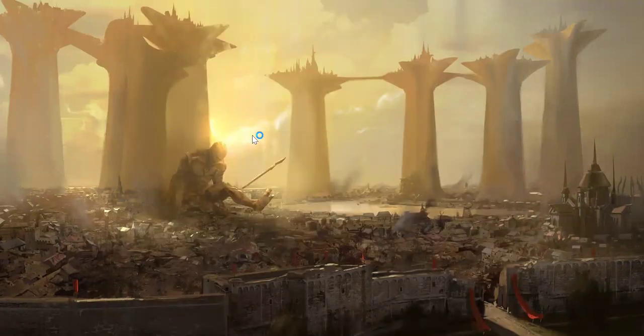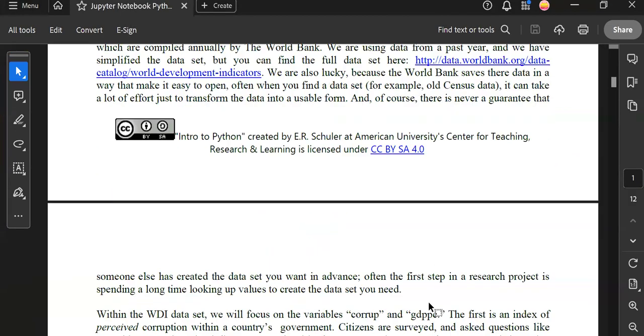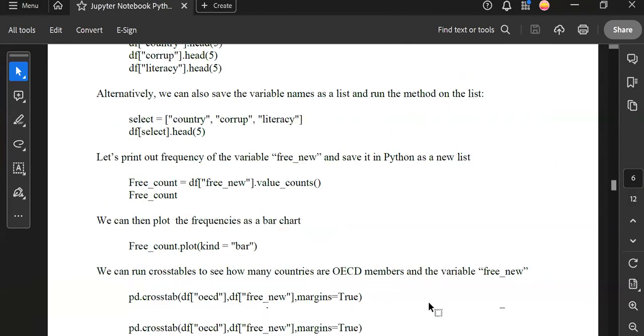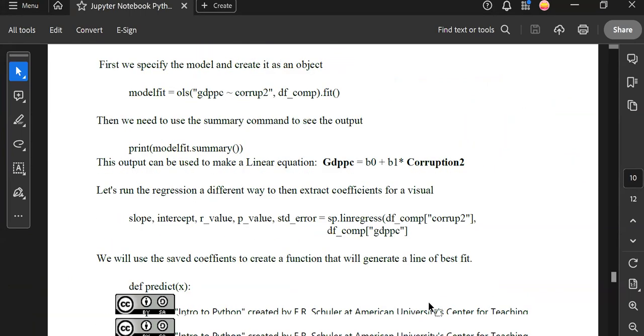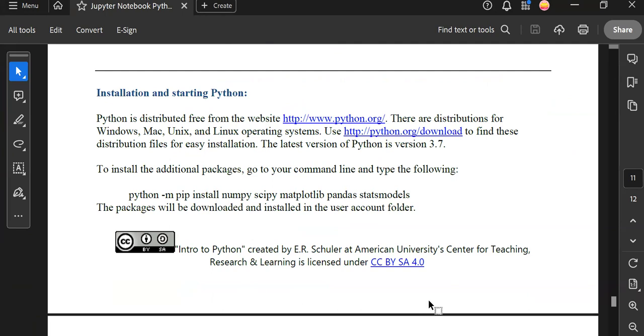The nice thing with Anaconda distribution is it has lots of the bells and whistles, so most of the modules are already installed, which is great, so you don't have to do a lot of pip commands. For more information about installing, while that's loading, at the bottom of the last page of this document, there's information about